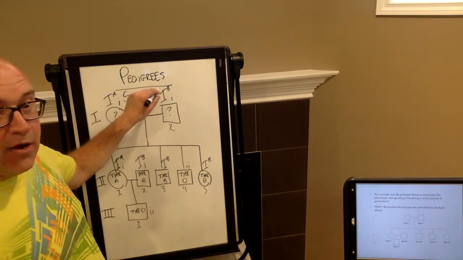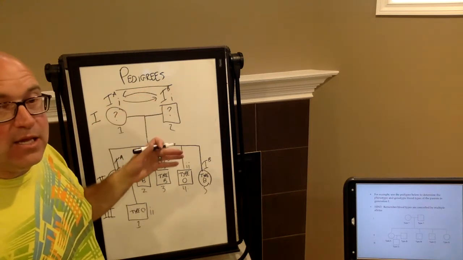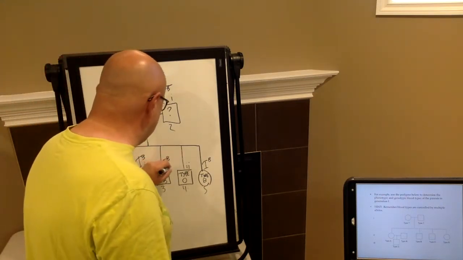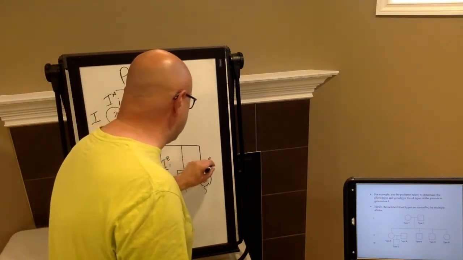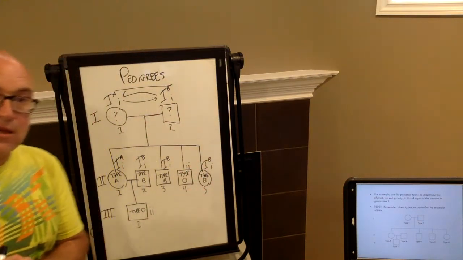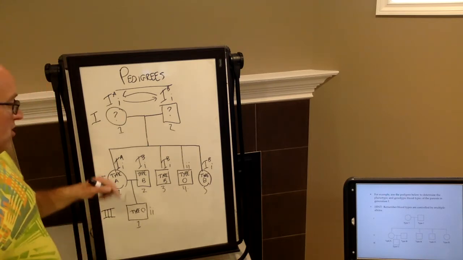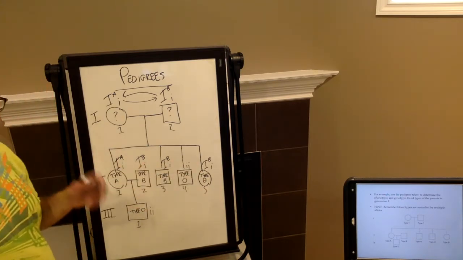Because the parents up here, there's only one IB allele between the two parents, I know that these guys down here, or this guy, pardon me, and this gal, they have to be heterozygous. So just by looking at the pedigree and knowing the phenotypes that were in the pedigree, I was able to